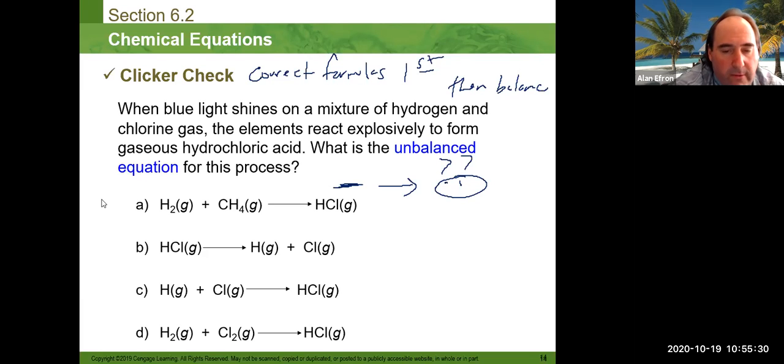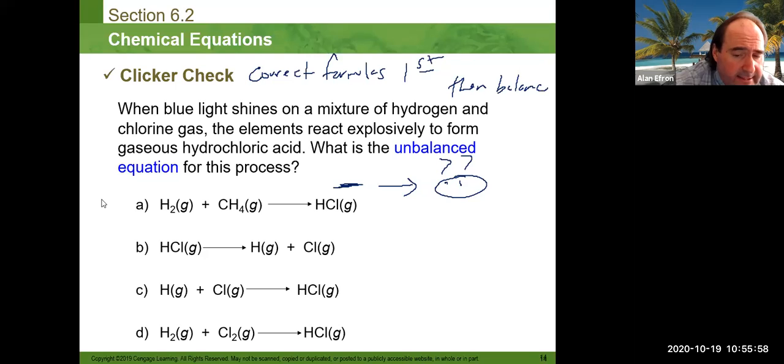So always important, correct formulas, just like we did with nomenclature and writing chemical formulas, and then go back and change the coefficients and balance. So it's super important to do it in that order. And again, I can't tell you how many people do it in the wrong order or do both of those steps together. So when we look at this equation: blue light shines on a mixture of hydrogen and chlorine gas